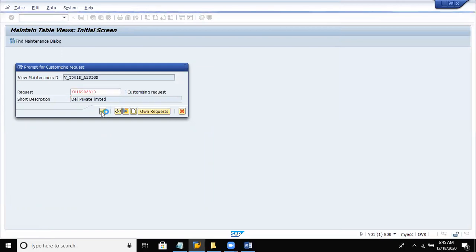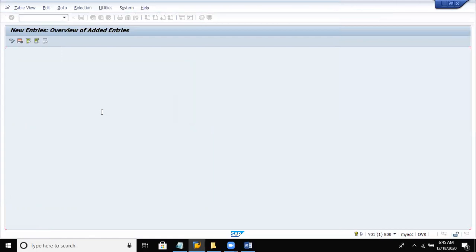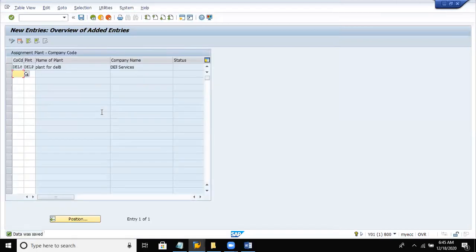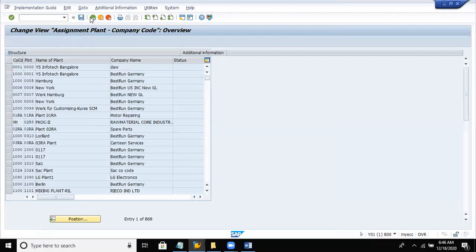So this request we can observe only in the customization screen. It is an observation that a TR is required while you're working with the customization screen. It is not there in the GL accounts in the end user screen called FS00. There it was not asking you for any TR number or any TR request to save the data, because it is only for customization purposes but not for execution. That is why it is not asking there.